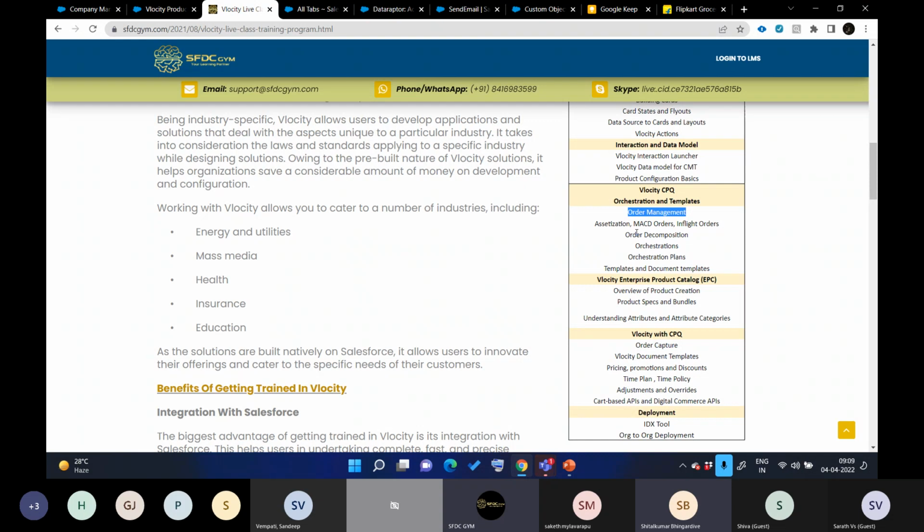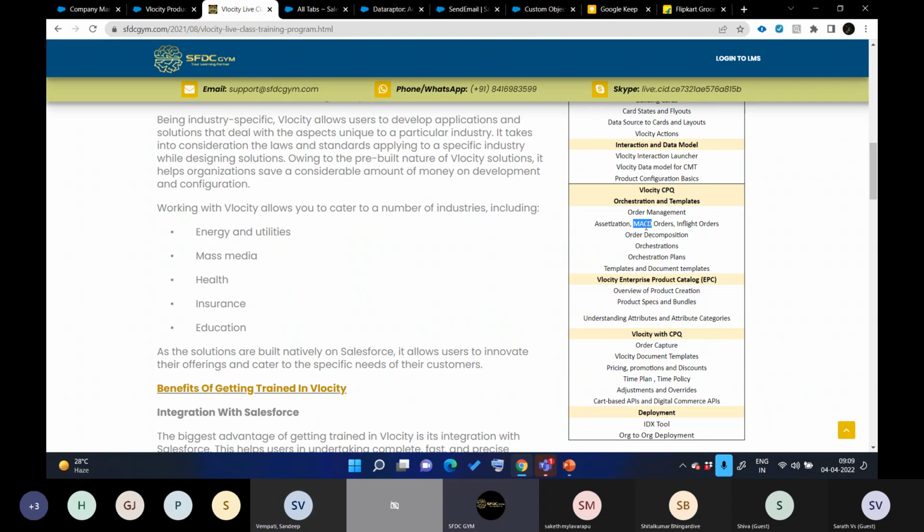We will also cover what happens if the user clicks on an order and then within 5 or 10 minutes cancels it. How will the system react in that case, and how will we make sure the process doesn't start doing the shipments and all those things? How will we stop those things? So all those things will be taken care of by CPQ by writing rules? Yeah, CPQ and Vlocity work combined.